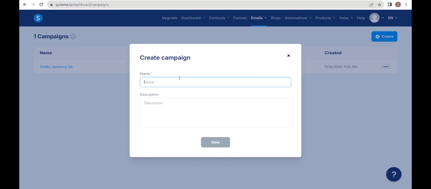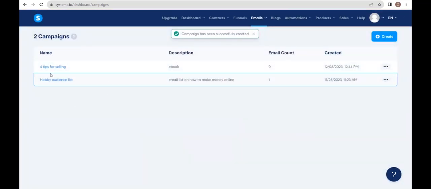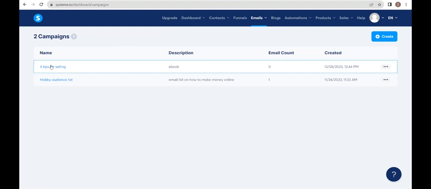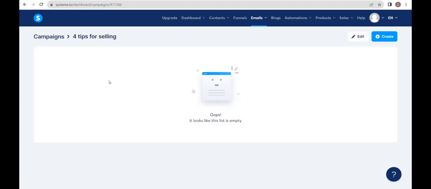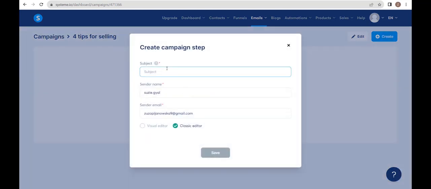Because we are just selling an ebook, we're just going to say something like 4 tips for selling, as an example. Then here you can write any description that you want, so it doesn't have to be long. This is just an ebook, and then click save, and then here you have your campaign. Here you see you don't have any campaign set up, so just click create here and enter the subject